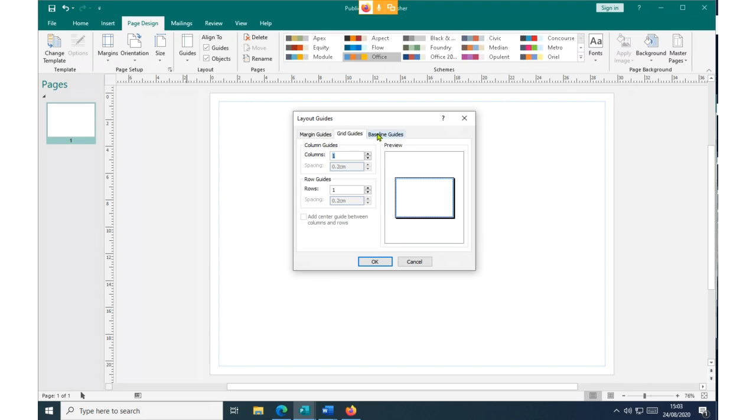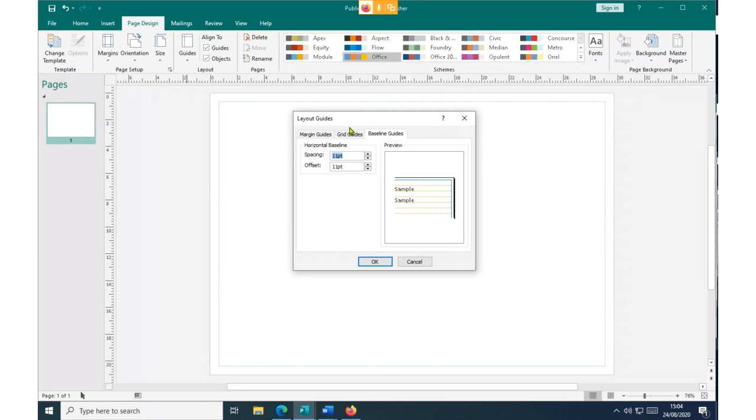And the baseline guides are normally used to help us type. Like if you have ever written on a paper, you will always get some ruled papers showing you where you can type. They can also be applied here, so that when you are typing, you can ensure that whatever you are typing follows a straight line. They are normally not used because of the standard procedure of a text box. A text box can easily, when you enter, follow one line. So sometimes we don't use them so much on designing or formatting our